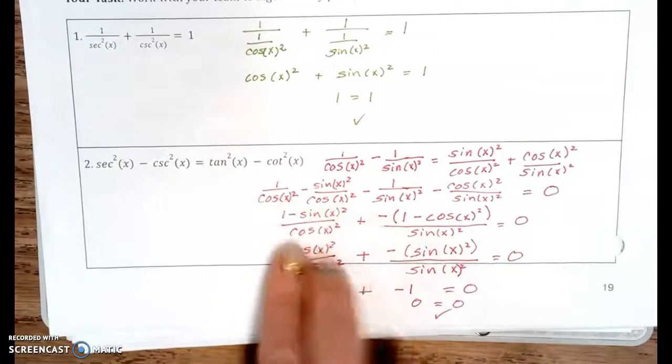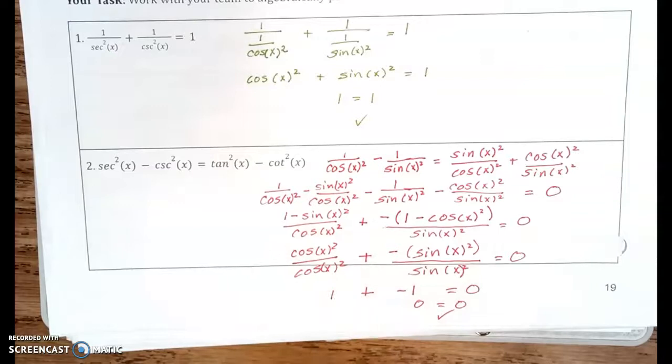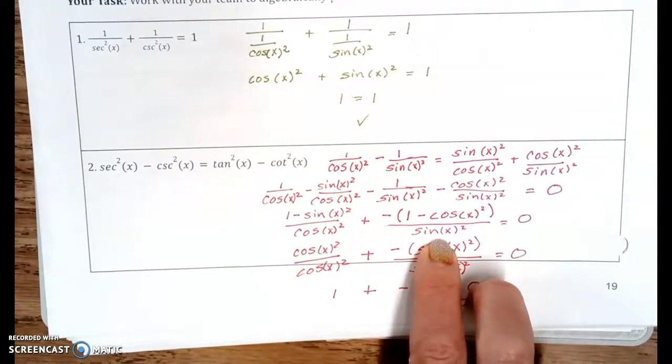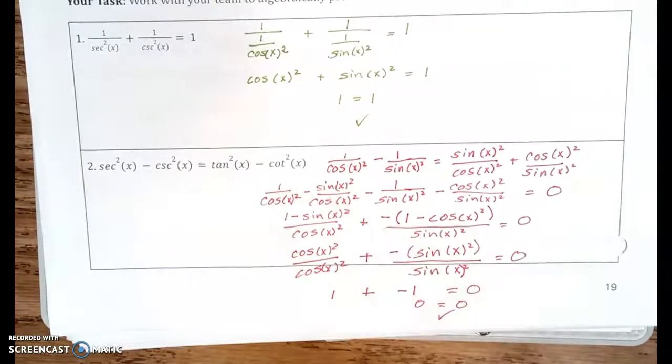So these two get rewritten with a common denominator of cosine of x squared with 1 minus sine x squared in the numerator, and these two get rewritten with a denominator of sine x squared with 1 minus the cosine of x squared in the numerator, and I pulled out the negative sign,